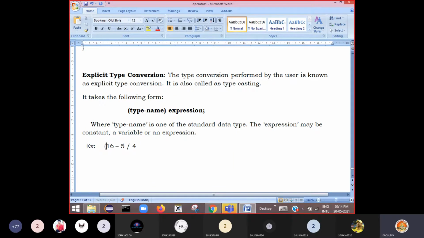So this 16 minus 5, I want to enclose in a parenthesis, so this has to be calculated first. 16 minus 5 divided by 4. When you do 16 minus 5, how much will you get? You will get 11 here. So 11 by 4, you will get some value here. Now if it has to perform this result,